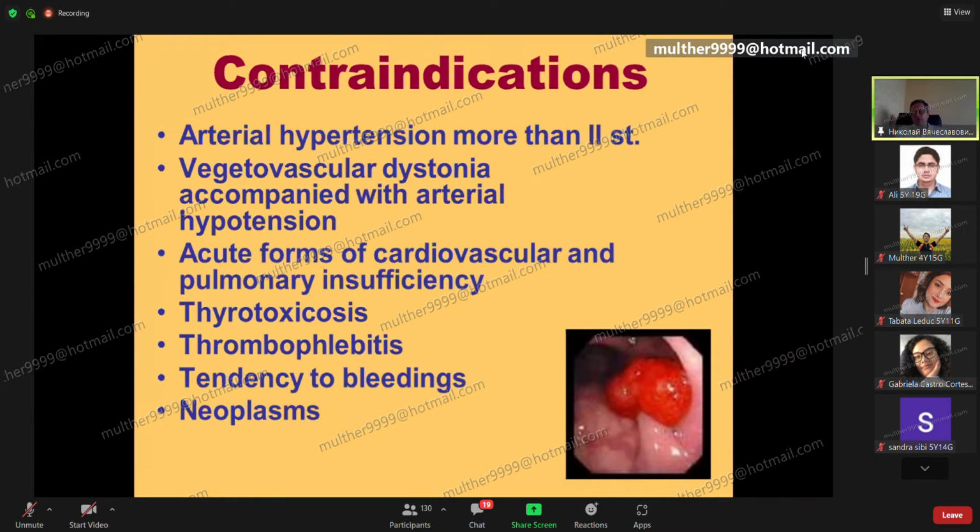Acute form of cardiovascular and pulmonary insufficiency, thyrotoxicosis, thrombophlebitis of peripheral veins, of course, and tendency to bleedings, and of course, the general contraindication, neoplasms